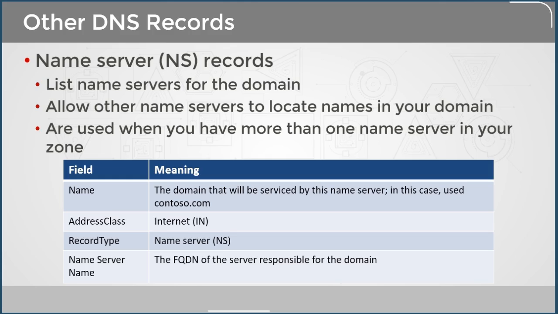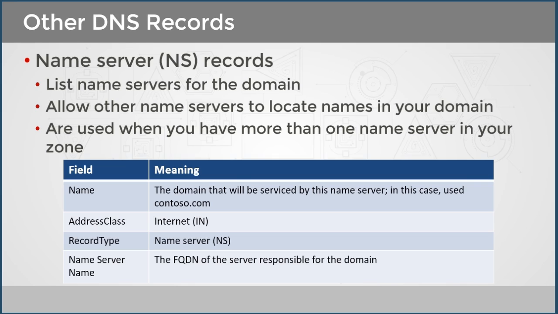And that's especially common in large zones, because if you only had a single name server, for example, the authoritative name server, then it would be responsible for handling all name resolution requests, which might simply overwhelm the server. Plus, it would be a single point of failure. If it went down, the entire zone would be inaccessible. So you can have as many other name servers as you want to spread the load and increase the fault